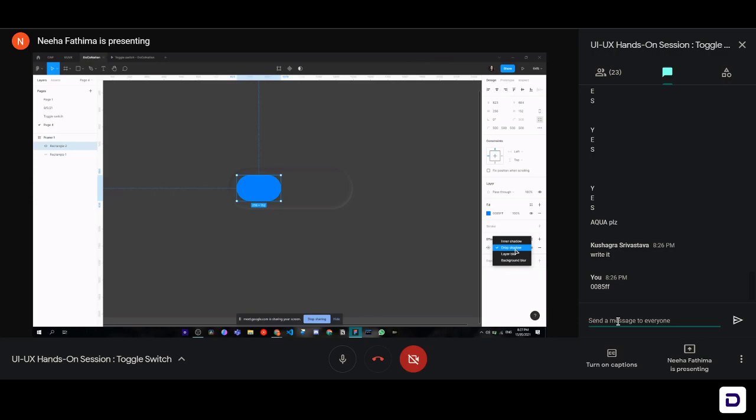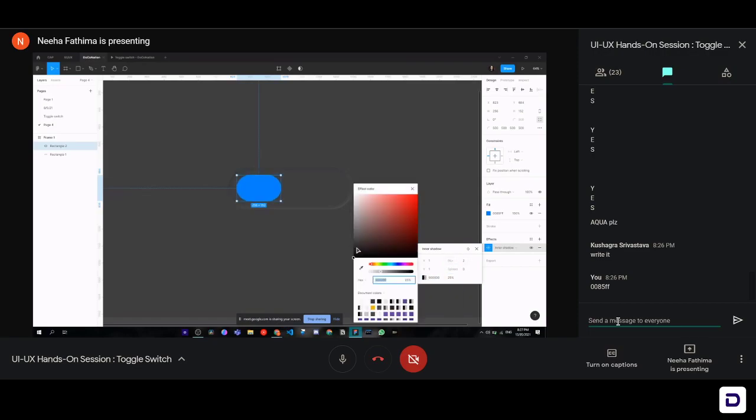So to do that, we will select the inner shadow option from the drop down, click on the little sun, and we'll add very subtle effects so that it looks nice. We'll add one on the x-axis and one on the y-axis. Maybe we'll take a blur of about 2 pixels, that's enough. And for the color, we will use the color picker and select the exact same blue color from here. And now we will go a little lighter in the same shade. So now you can see there's a subtle little effect over there already.